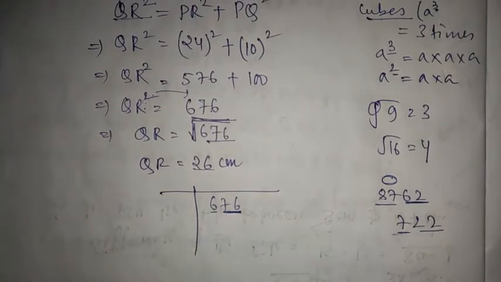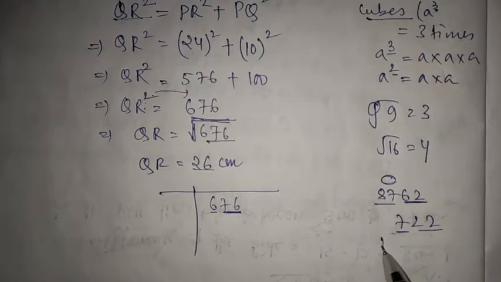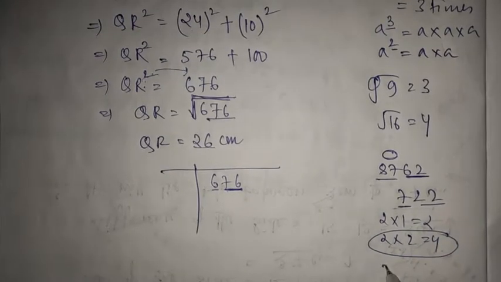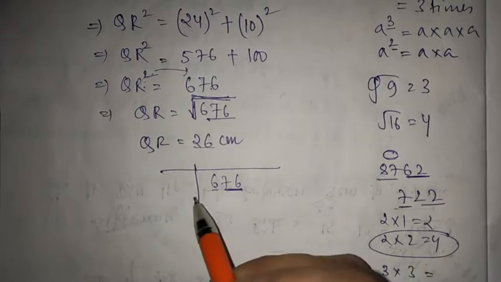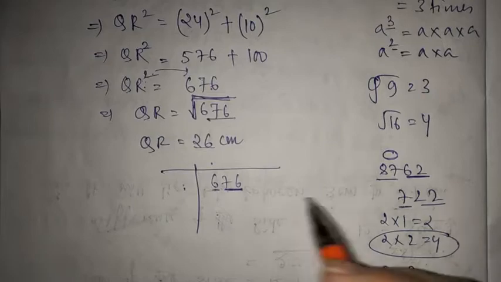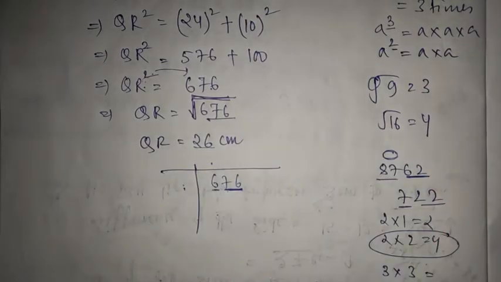Now you are finding the square root. So you have the concept of 2 1s are 2, 2 2s are 4. It is similar to division, but the difference is you will choose a certain number which is the square of this. If you are choosing 3, then 3 should be multiplied with 3 only. You cannot say 2 3s are 6. That is not possible. Here no divisor is there, only the dividend, that is here 6. For now it is 6. Just keep 76 apart.